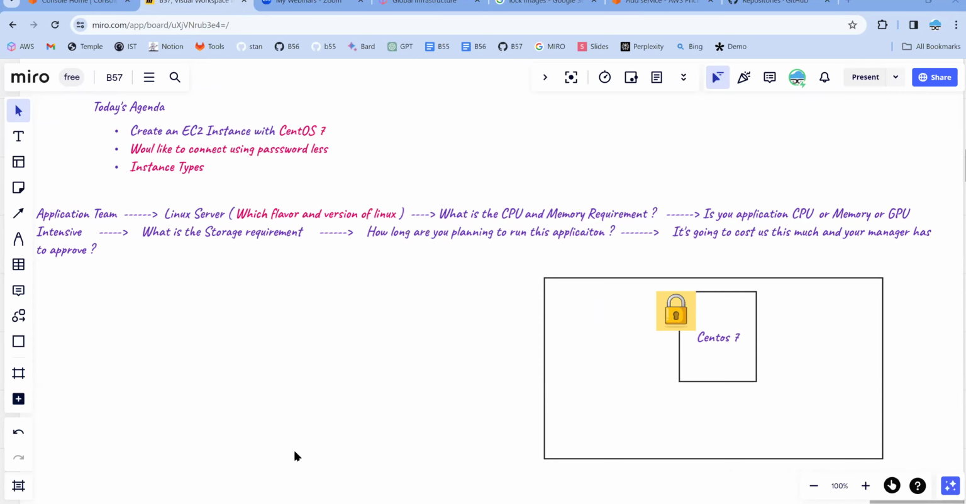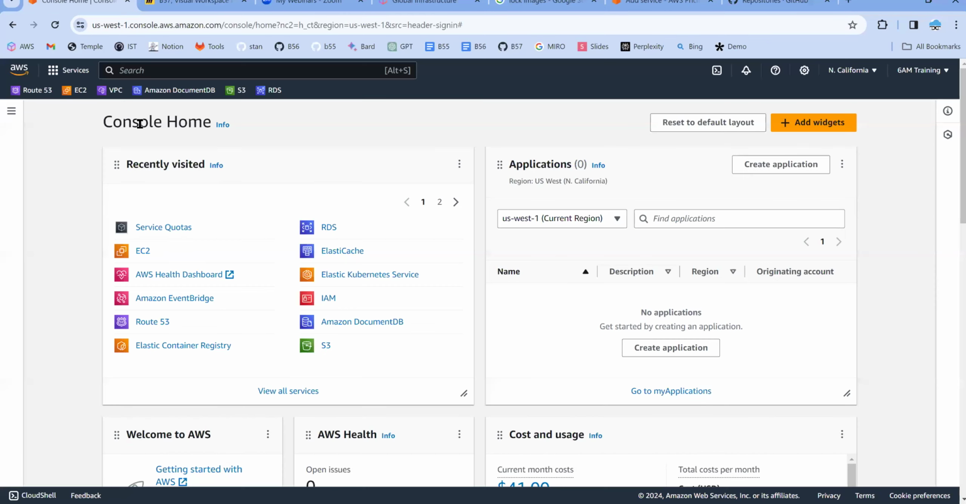So as promised, I clearly mentioned yesterday that in Amazon you can create a server in less than 1 minute. How is that possible? Let's do that. And I have selected North California. Now I'll go to the search, just like a Google search. In the top left corner, we have a search bar. Here you need to search whatever service you want. Now I would like to search for a service